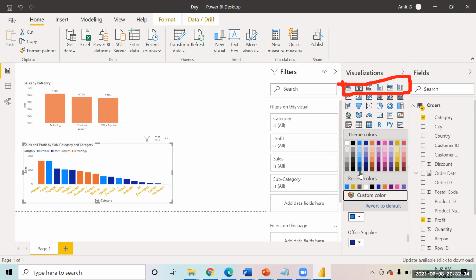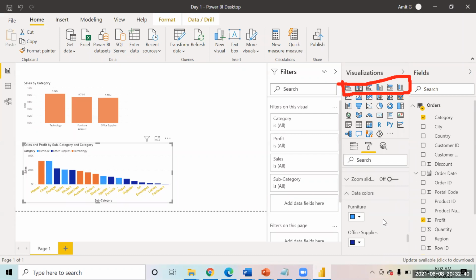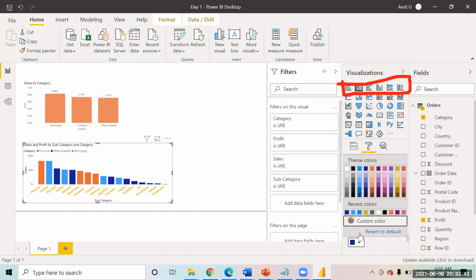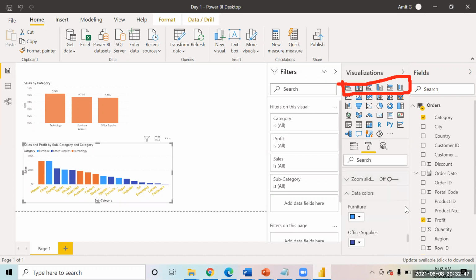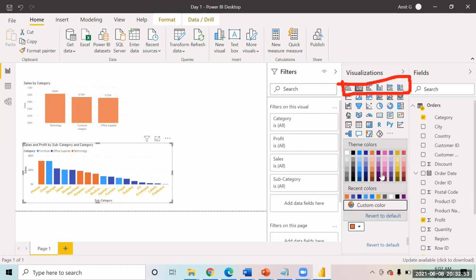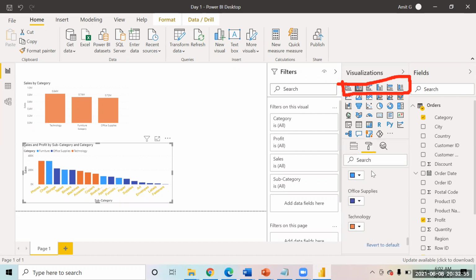We can make this dark blue a little more subtle, and this orange also should not be loud. They should be on a lighter side. So basically light shades. This is what is recommended.